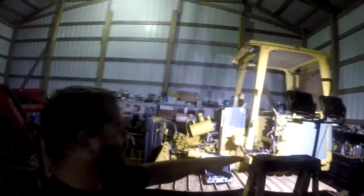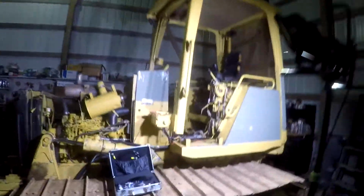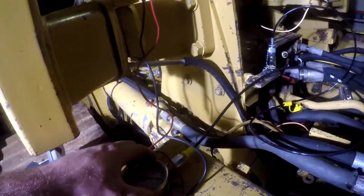What I've got going on is, on the park brake solenoid here, I've got my pressure gauges in, as you see here, and I've got a pressure gauge hooked up to the park brake solenoid, which is right here. And you see this wire right here that's grounded to the bolt over there? Grounded right there to that bolt. Hopefully the camera's picked that up. That was like that whenever I got this machine, and it was tied to that park brake solenoid right there